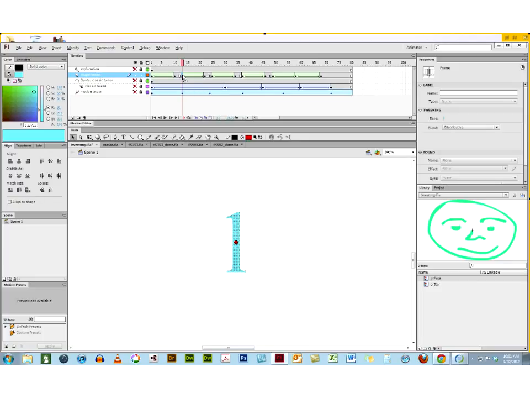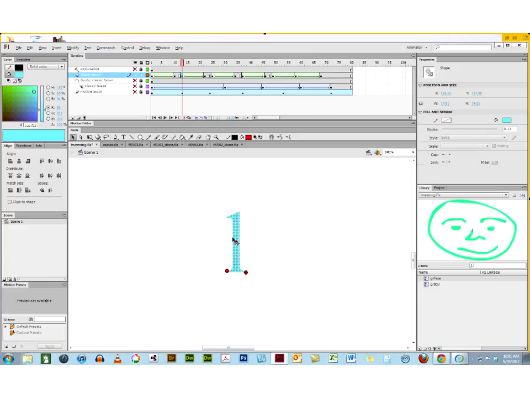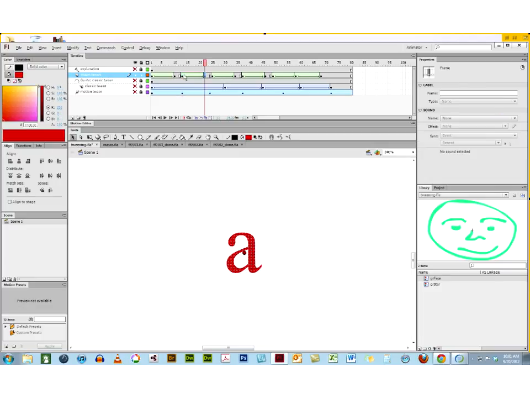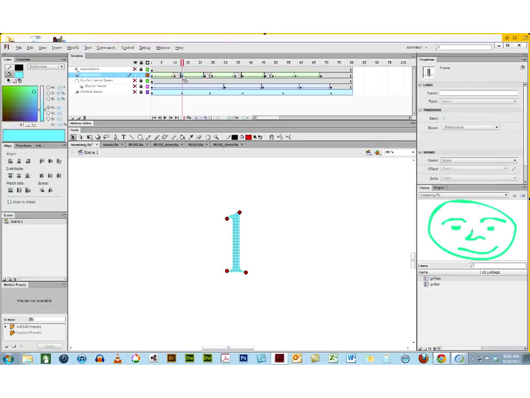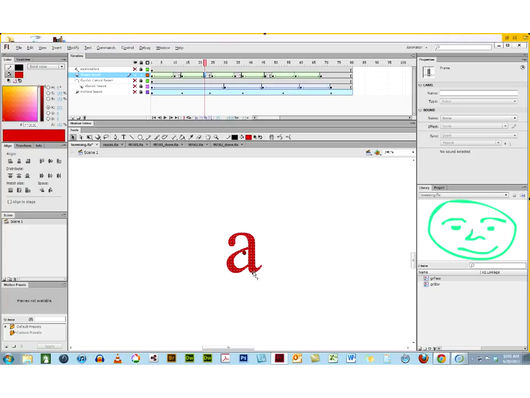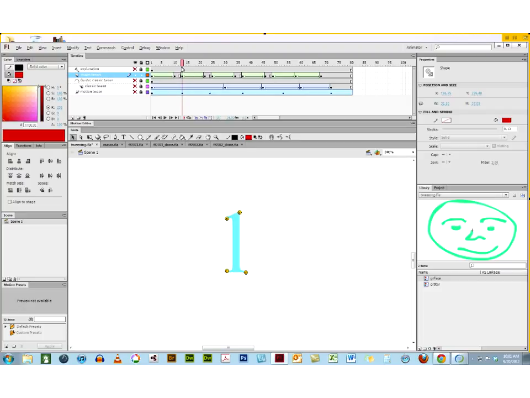1, 2, 3, 4. This time I'll just do 4. I'll put my D down here, my C down here, my B up here, and my A over here. I go out to this frame, and let's see, I forgot already where they were. This time I'm going left from the top, so I'll put my D down here, my C down here, my B up here, my A over here, and we have a nice,